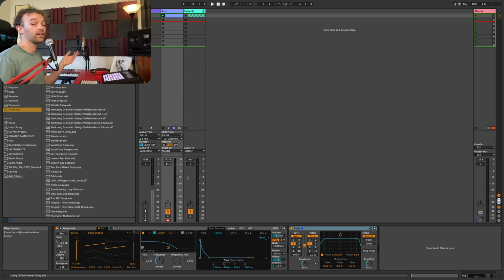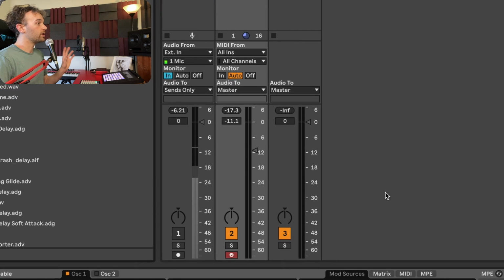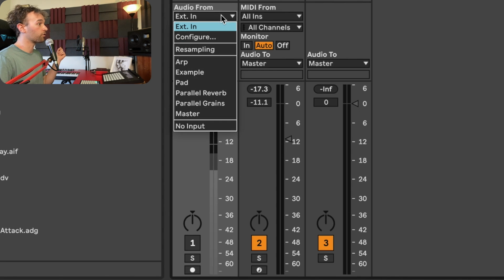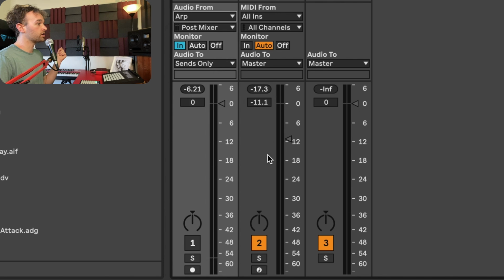So now we get a sound that sounds like this. I'm not worried about the settings of the delay at the moment because I want to show this to you in this regard. So now I can obviously set up audio track 1 here to receive the audio either pre or post effects or even post mixer. So I can go audio from the ARP track here. And if I mute this ARP track, which we can see is now muted, I can get audio 1 here